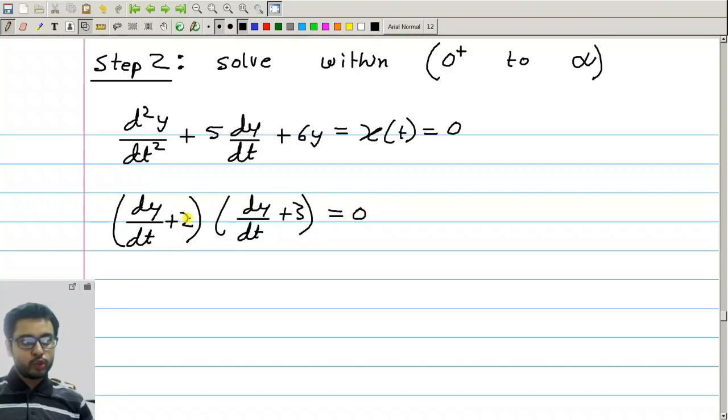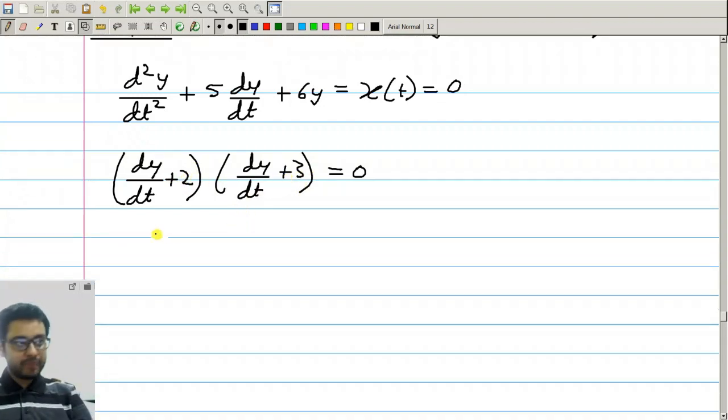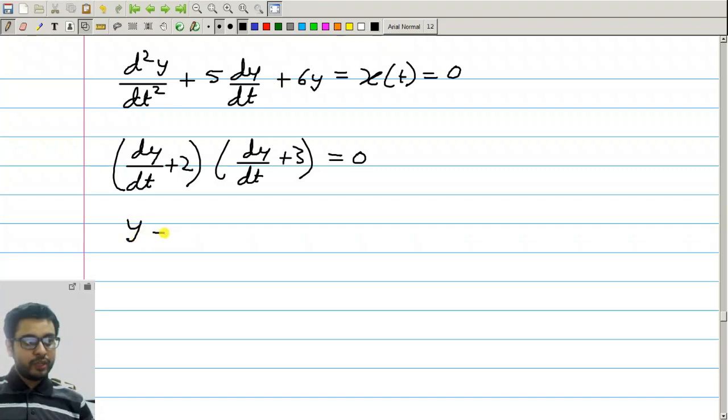So the two roots of this equation are minus 2 and minus 3. So y will be of the form k1 multiplied by e to the power minus 2t plus k2 e to the power minus 3t,